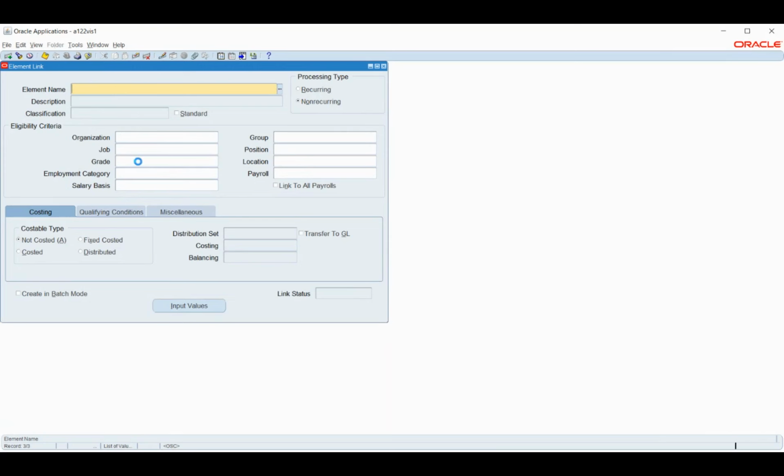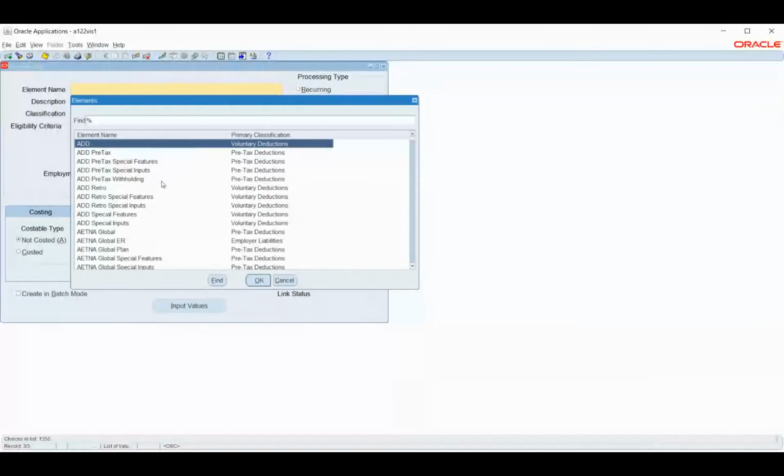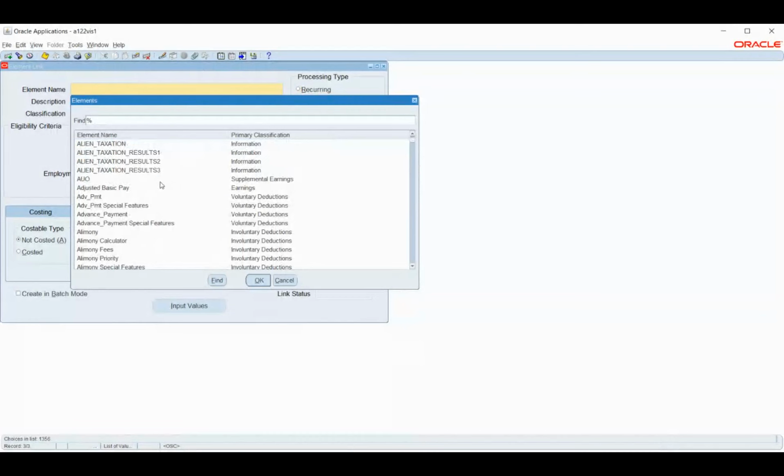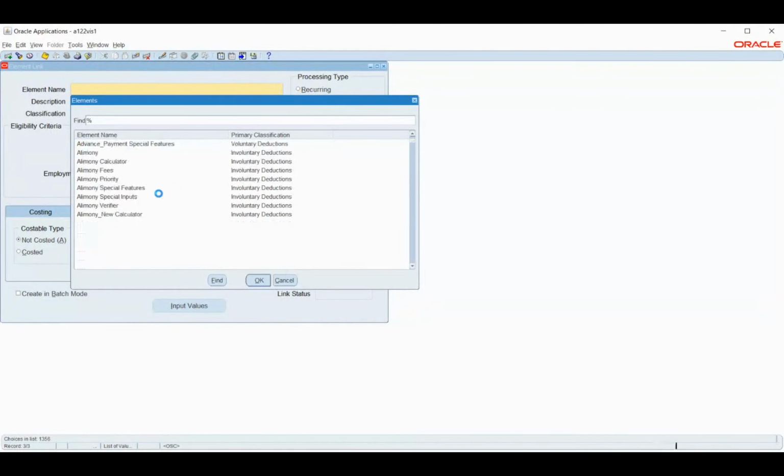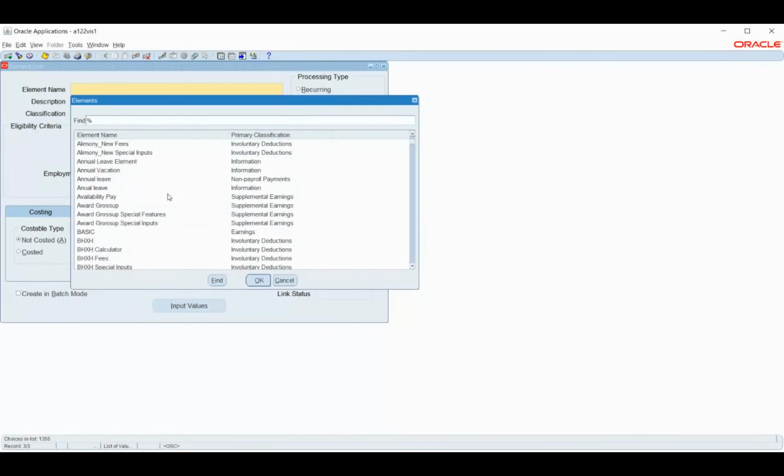So what I will do, I'll create another component. So probably I will add a deduction. Okay. So let me pick one deduction from the list.